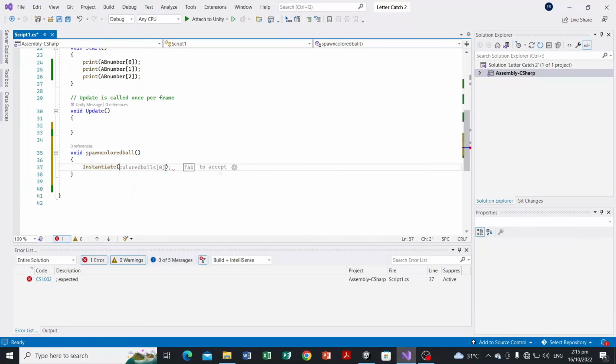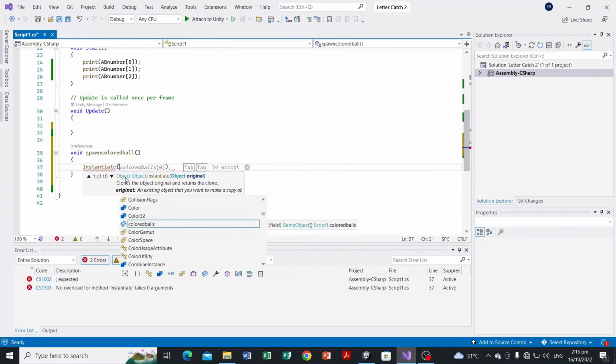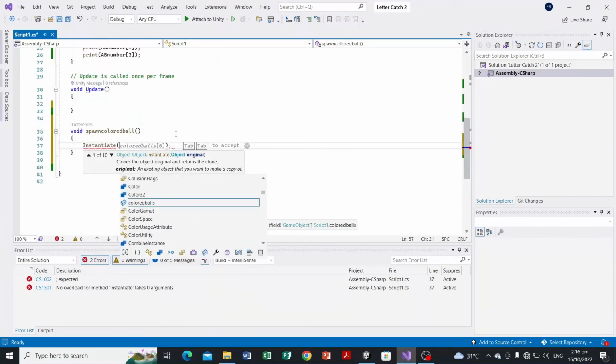So instantiate is a Unity Game Engine function which clones the original object and returns the clone. In layman's terms, we just spawn any stored value. I usually use instantiate to store game objects, especially enemies or power-ups, or, in the game that we will be making, the letters falling from a random position. I use the instantiate function there. So let's have instantiate colored